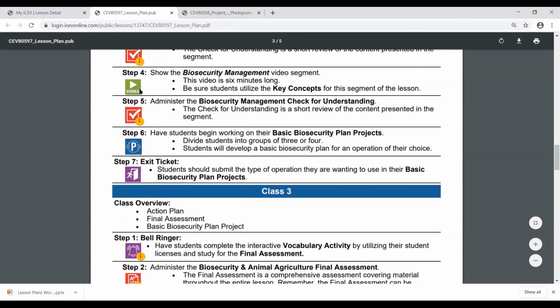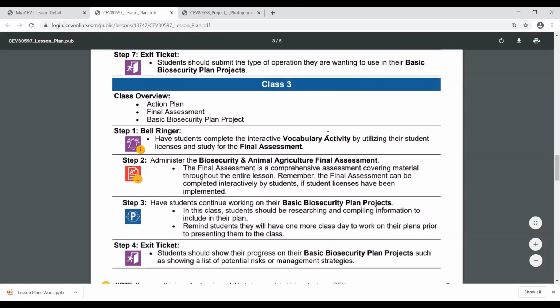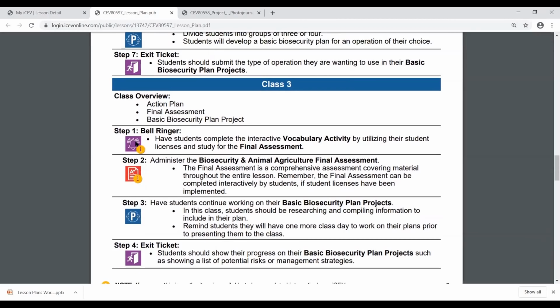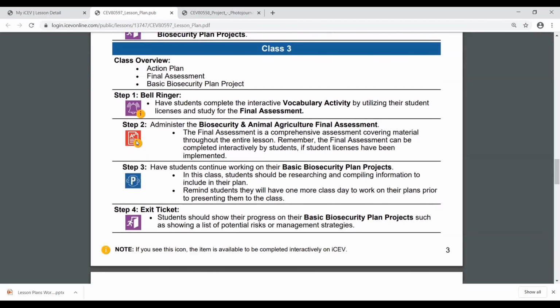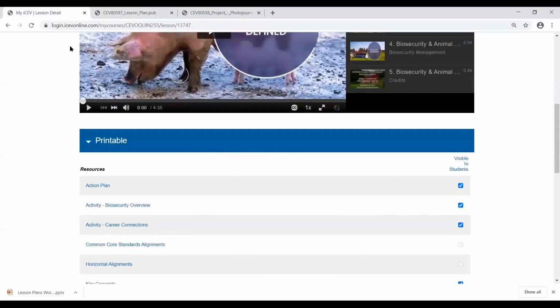So this is your video icon, so you know this is a video segment. It'll be the project icon, so you know you're looking for a project. The bell ringer icon. One thing that we've added is this little interactive icon. And what the interactive icon means, if it shows up next to something, is that that actually is an interactive activity with iCEV. So what that means is if you look under that interactive activities heading out here, we're